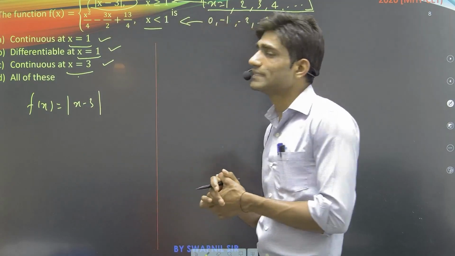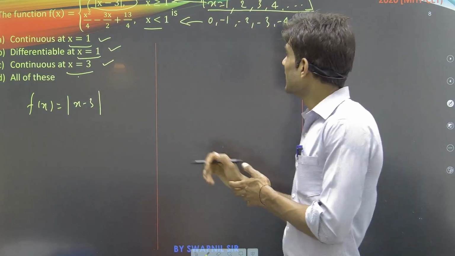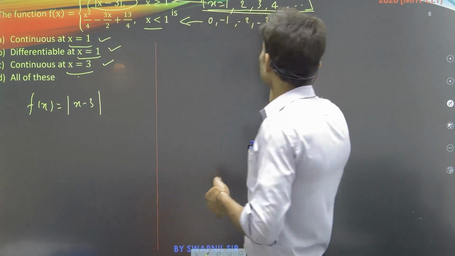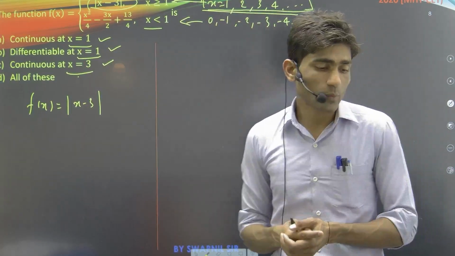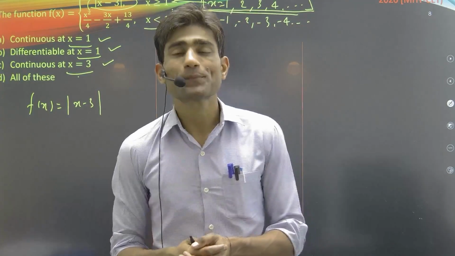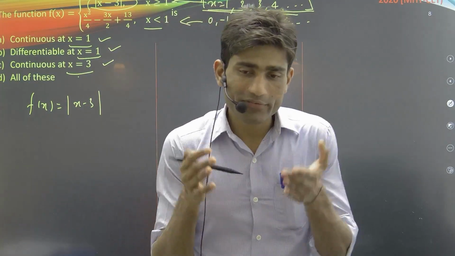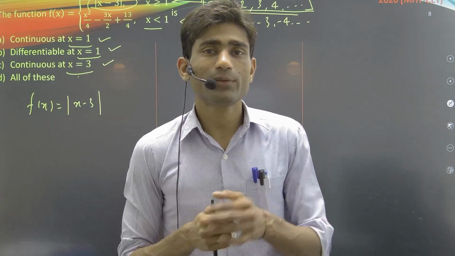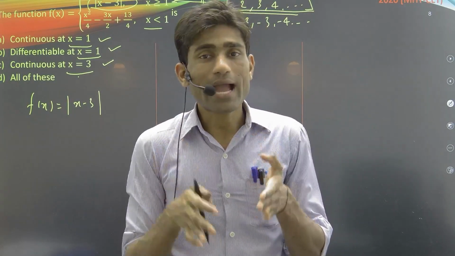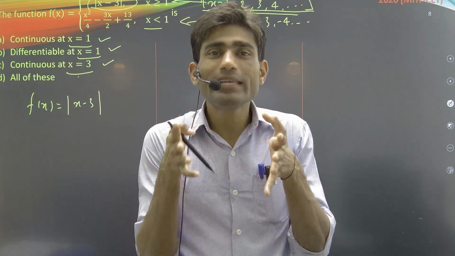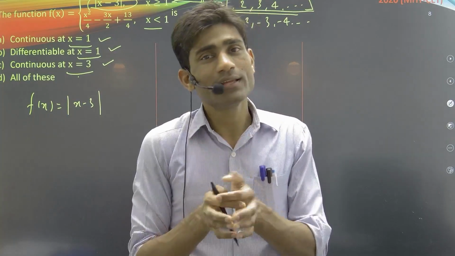Okay, f of x is given as modulus of x minus 3, and the value for x here is 1, 2, 3. That means let's verify whether the function is continuous at the point x equal to 1 or not. Now we know the definition of continuity of a function: if we go through the graphical way, a function which does not have any break or gap between two points